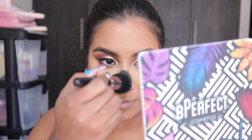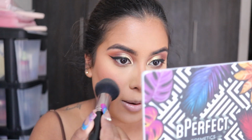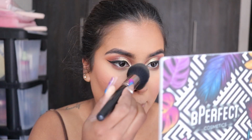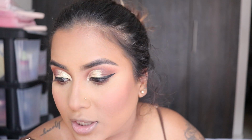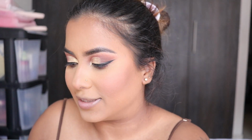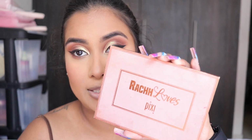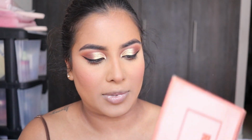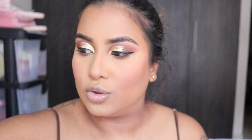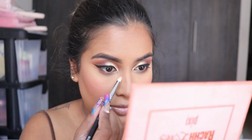Excuse me, darling. I'm going to dust off my little bit of an extra bake that I did on my nose. I don't remember which highlighter I used on the day. Oh, I think I know. I love this highlighter from Rach Loves and Pixie, and I always end up mixing these two shades. It's called Tea and Clutch, and I use these two shades to basically...